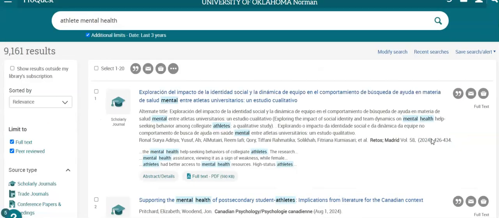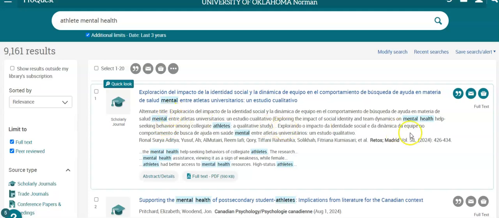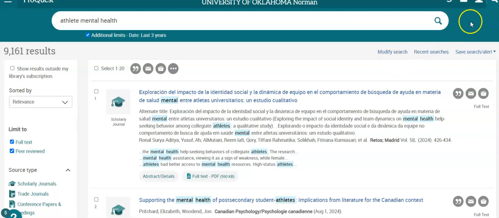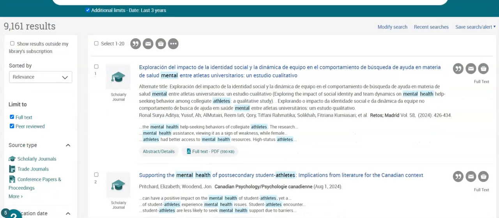Okay, check it out. The first result is in Spanish, about exploring the impact of social identity and team dynamics on behavior and help-seeking for mental health among college athletes, a qualitative study. Okay, so here's the thing. This is from Madrid, and you can get the full text. And also, if you really like it and your Spanish is not as good as you'd like it to be, you can always translate it. Won't be perfect, but